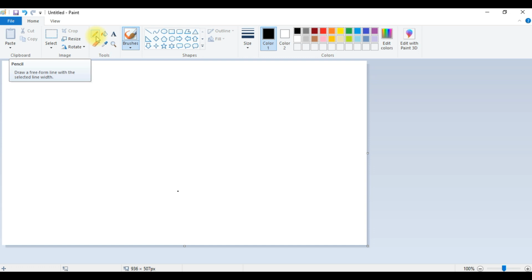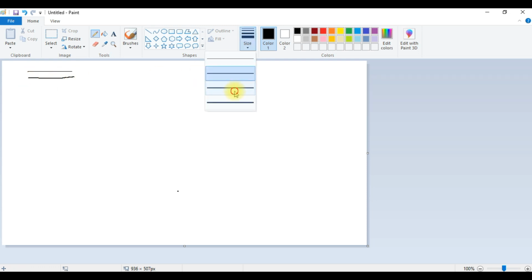how it is working. So this is a pencil tool. You can change the pencil size using this. So change the size of the pencil, it will decrease. Now if you want to erase that, you can use the erase tool. Using that you can erase. If you want to increase the size of the erase tool, you can do like this.